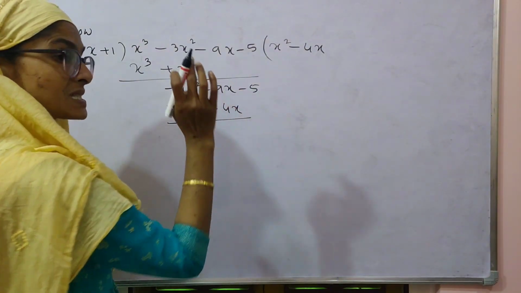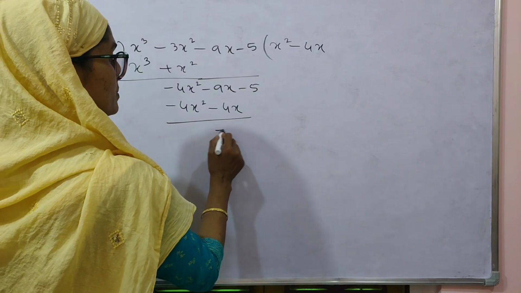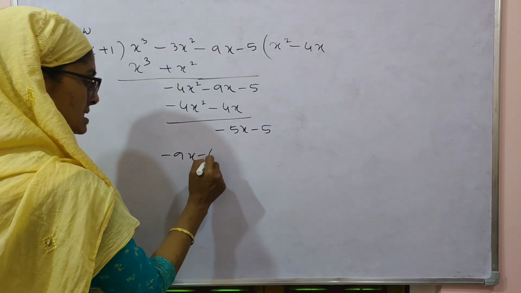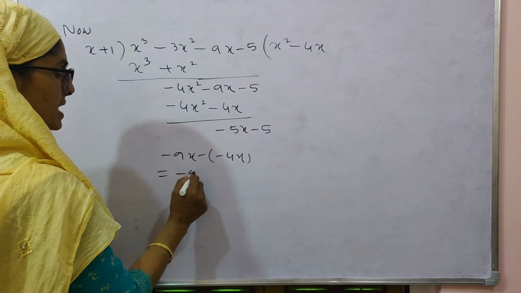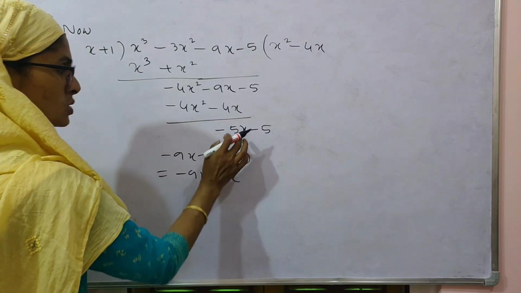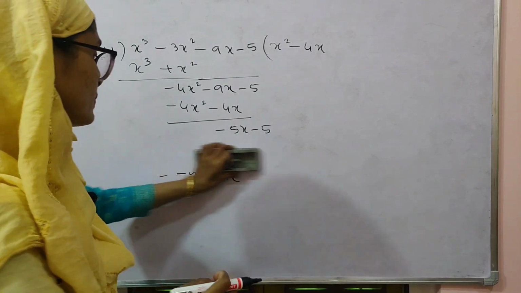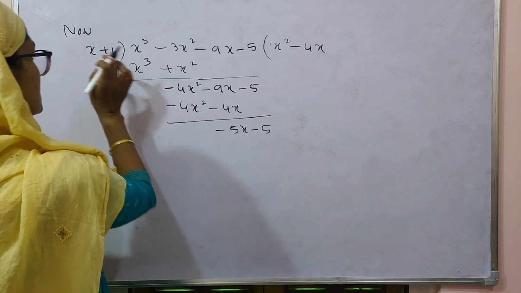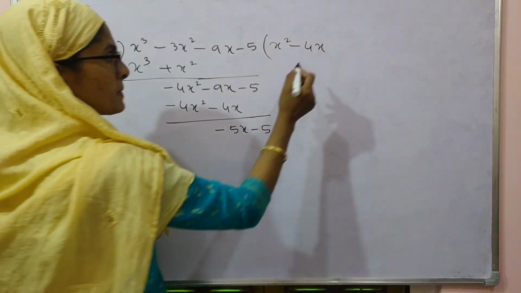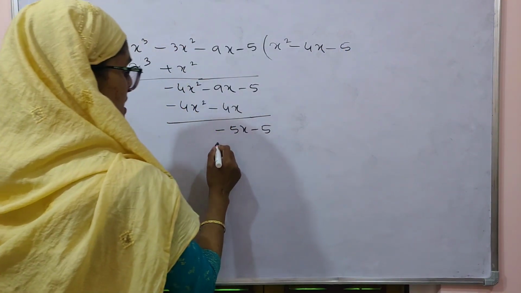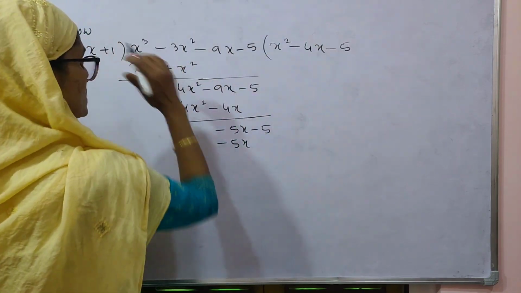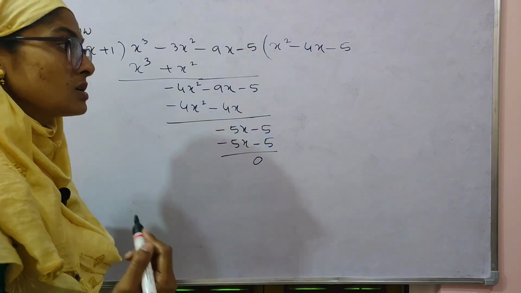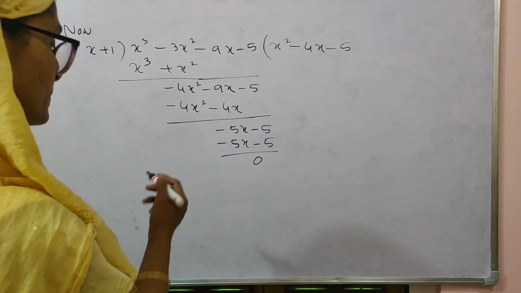Minus 9x minus 4x, so you will get minus 5x minus 5. That means minus 9x plus 4x, so this one minus 5x. Here minus 5x, here plus x, so multiply by minus 5. Minus 5 into x, minus 5x. Minus 5 into plus 1, so you will get minus 5. Same thing, you will get 0. Remainder is 0. So therefore you can write,